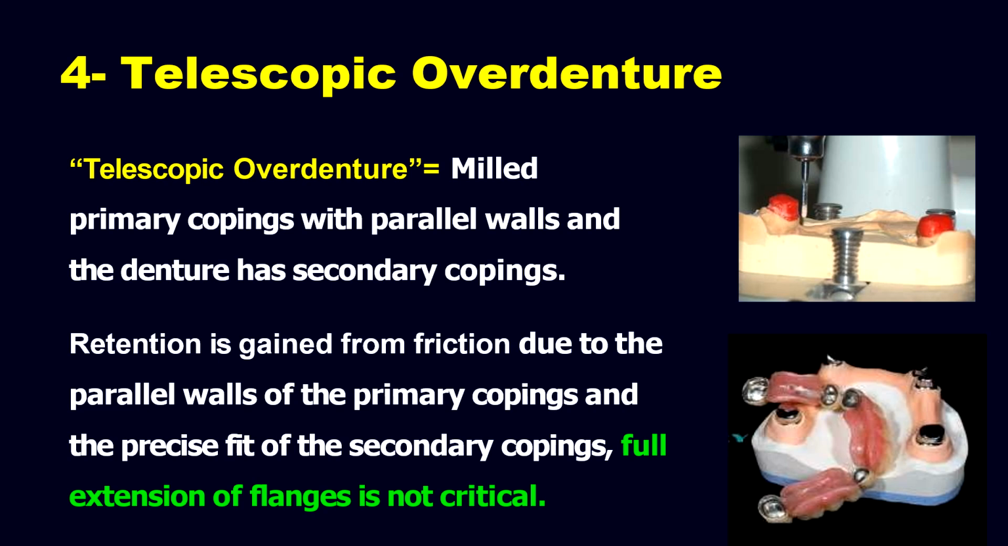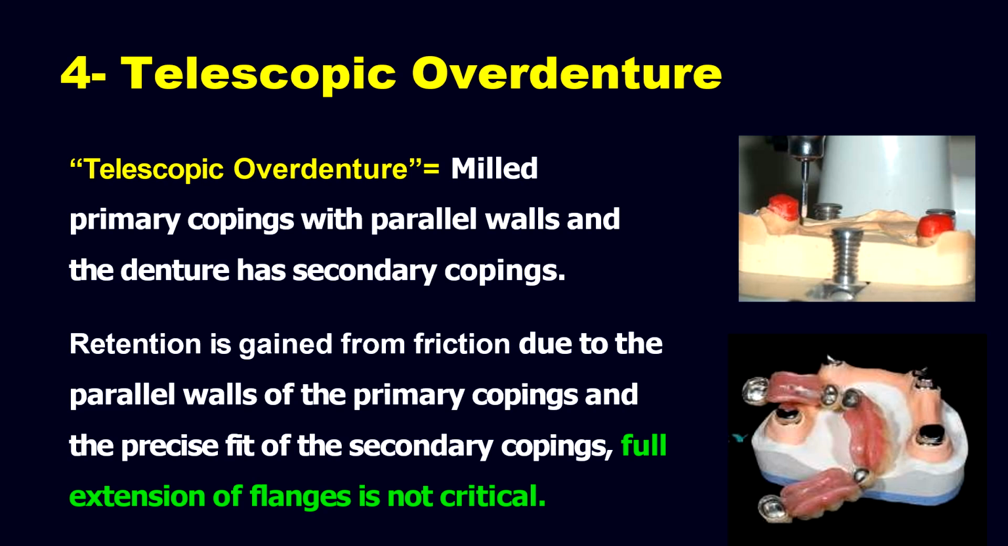What is a telescopic overdenture? The telescopic overdenture is a primary coping with parallel walls, and the denture will have a secondary component. Retention is gained from friction due to the parallel walls of the primary fitting and the precise fit of the secondary fittings. In a telescopic overdenture, we will be fabricating two metal components. Once the abutment height is reduced to the desired size, we will be fabricating a metal fitting that is called the primary metal fitting. And you have to make sure that the walls of the metal fitting are clean,